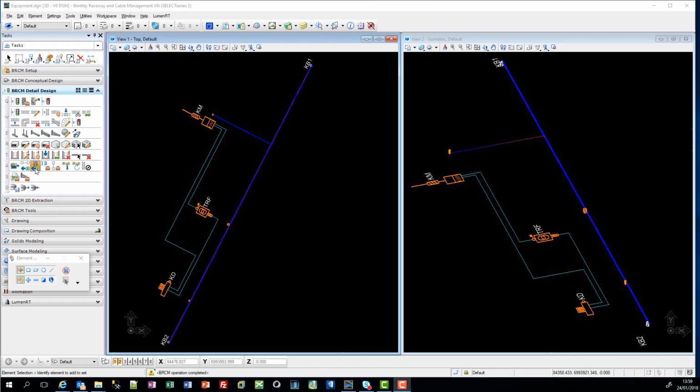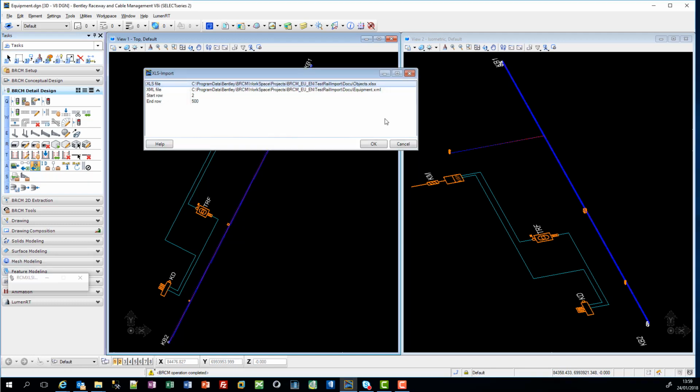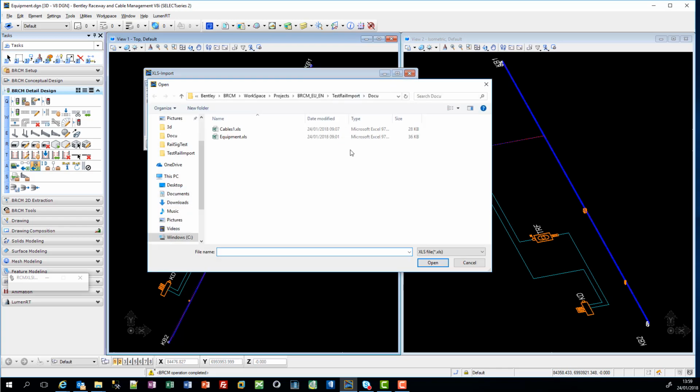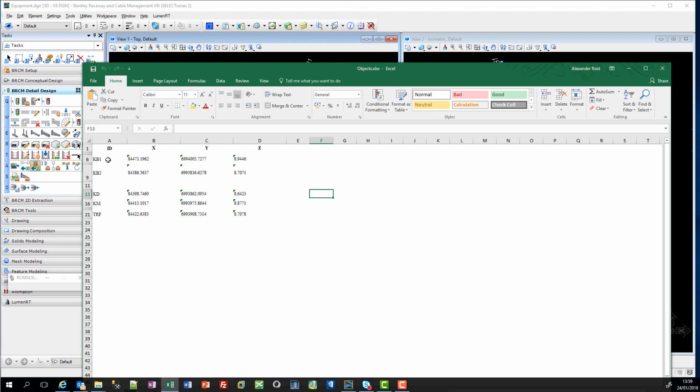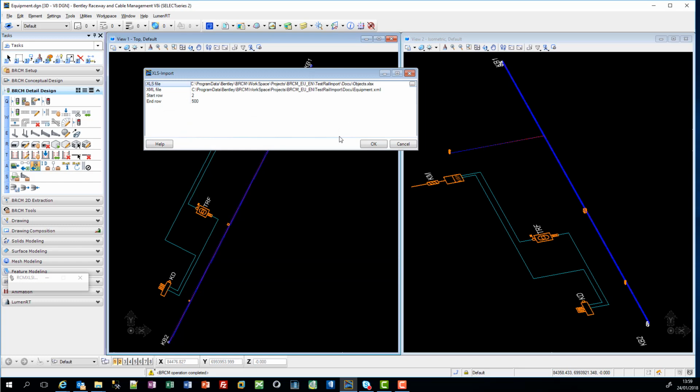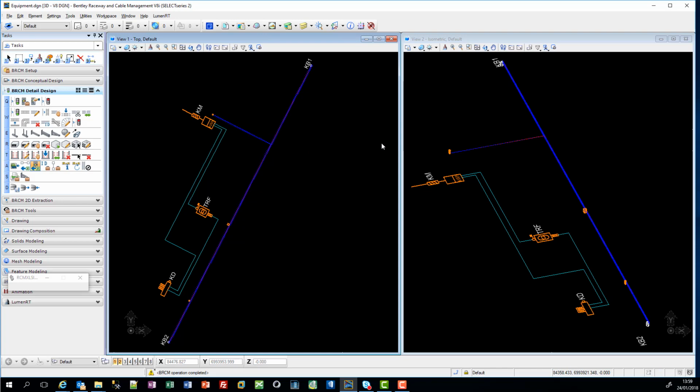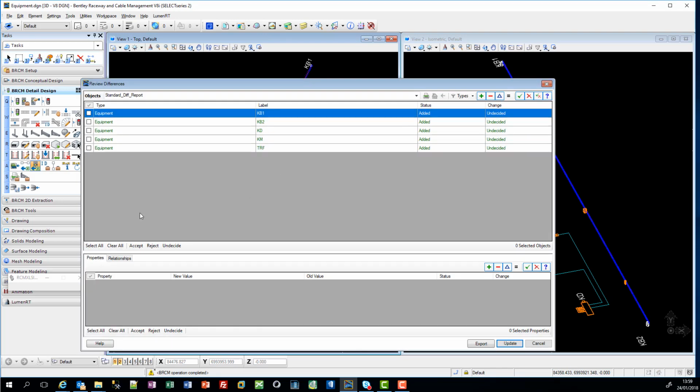In the second step, it is possible to import the equipment positions from Promis.e for Rail. So here in my Excel file, you see information about the ID and X, Y, Z coordinates. Using those settings and the configuration file for equipment import, it will show in the next views what is possible to import. You see here KB1 and KB2 are manholes, KD is a panel, KM is a panel, and